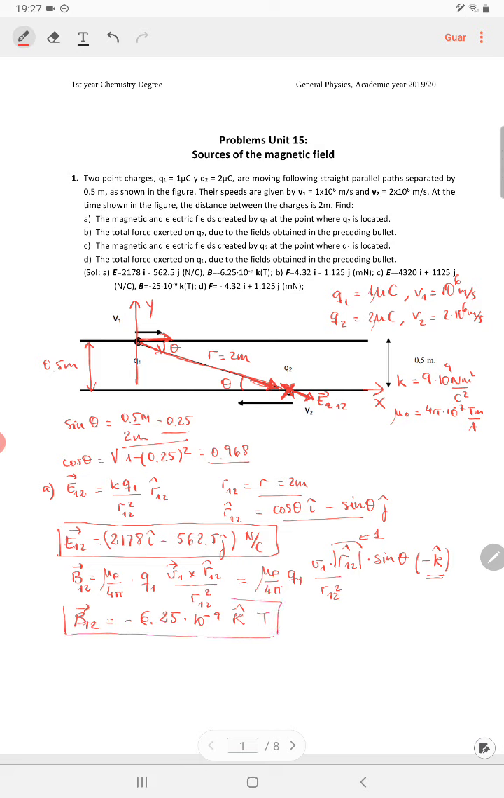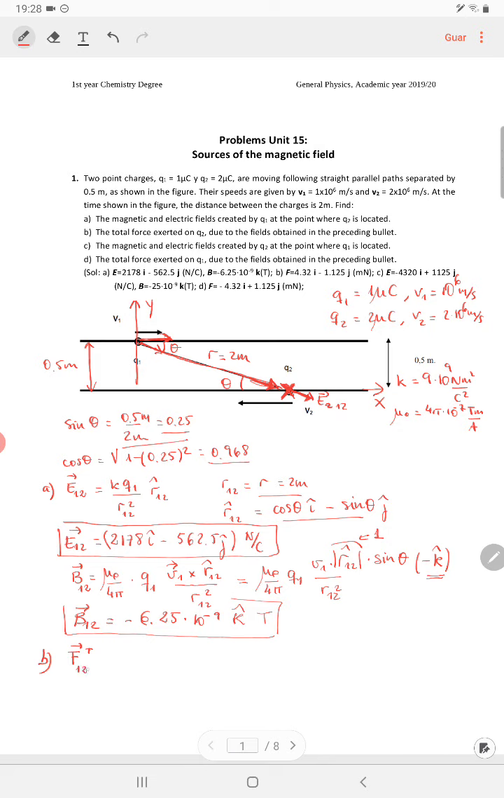Okay. So in the second section, they're saying that as there is an electric and a magnetic field applied where the second charge is, we can calculate the total amount of force exerted on this charge. So the total amount of force, let's call it total,